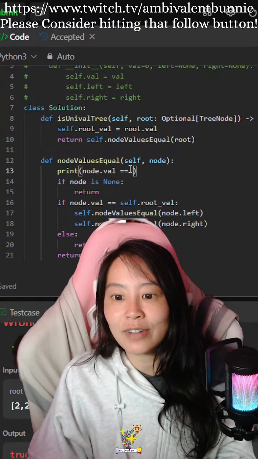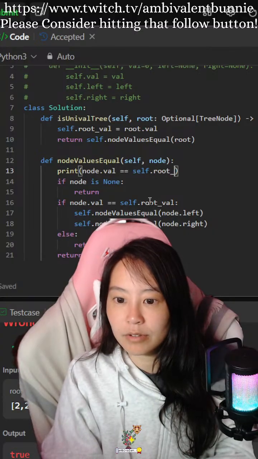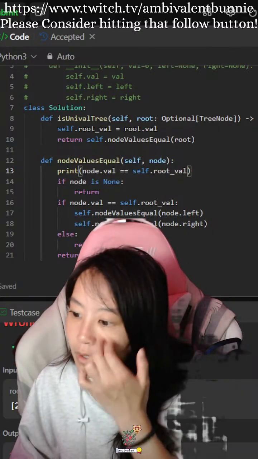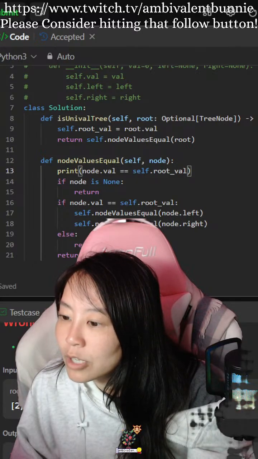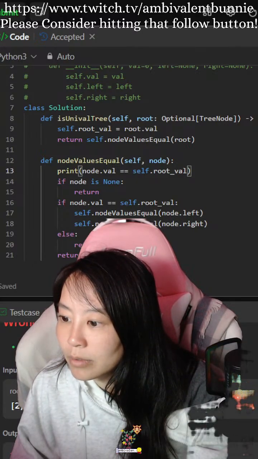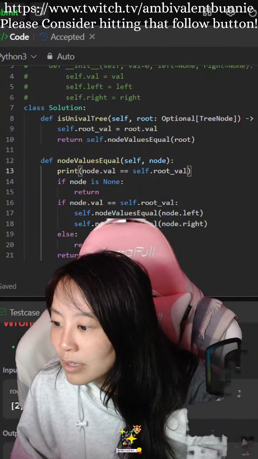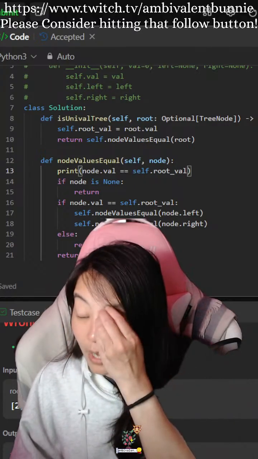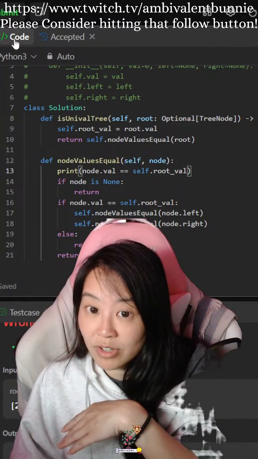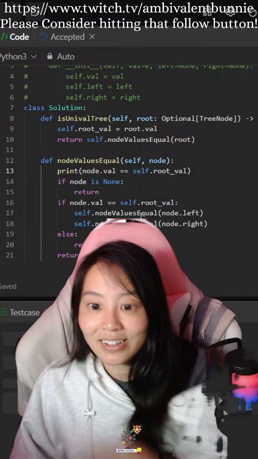Okay, print node value dot root val. Okay, so returning, but you're not doing it. Execute, I have. Okay, so I need to check my children and return the result of them. Correct.